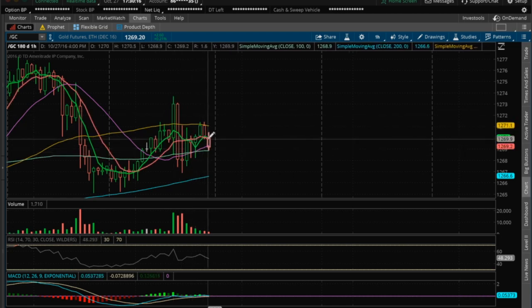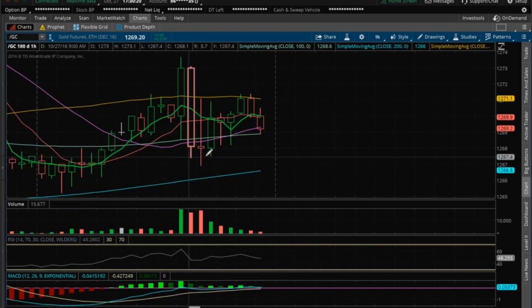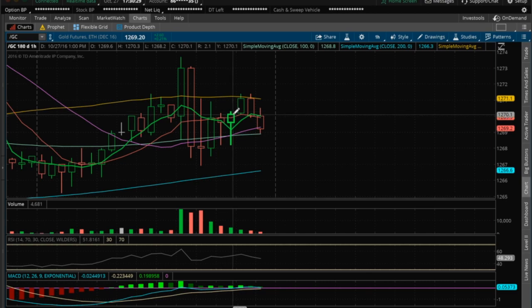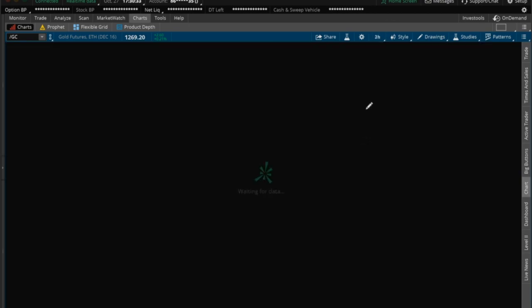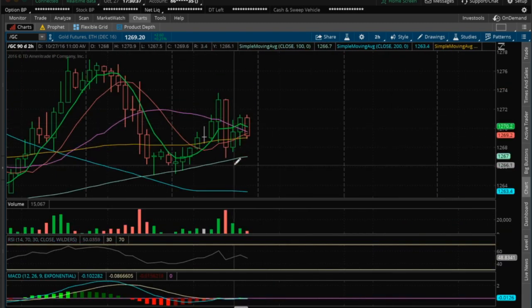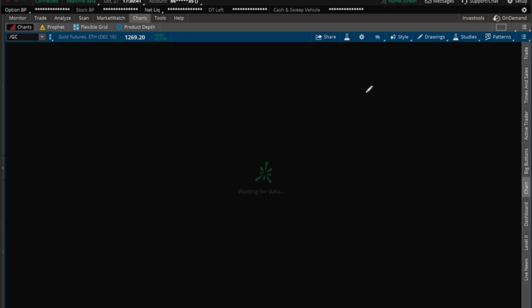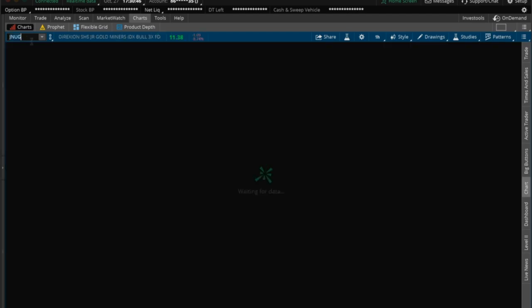On the hourly on the gold chart, we had this inside candlestick. So the high and low of this candle is within the high and low range of the previous candle. Then we had another one. We broke bullish out of it. I think it's also a 2-hour candlestick. So we had this inside candle, closed bullish out of it, but no follow through after. And I was watching that 2-hour candle on the bull break,